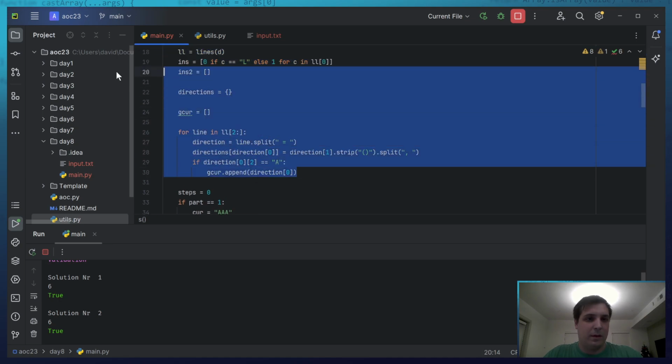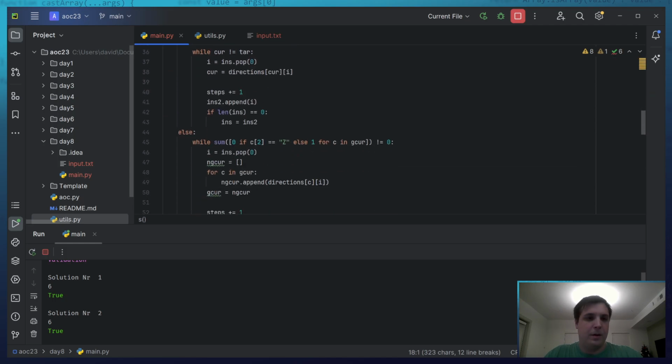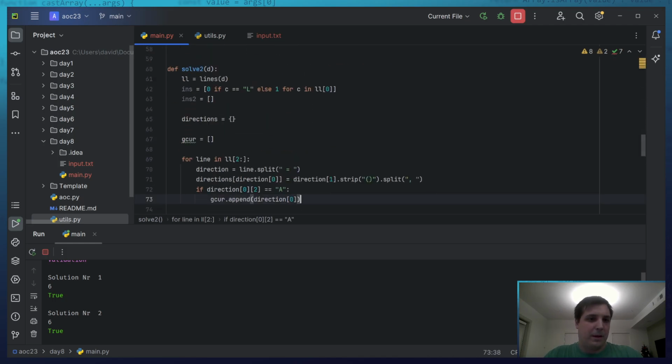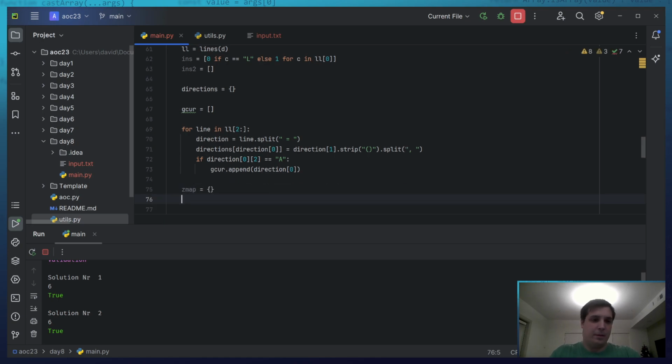I want all of this stuff to still happen. I now want to, though, create a Z map. I'm gonna call this a Z map.